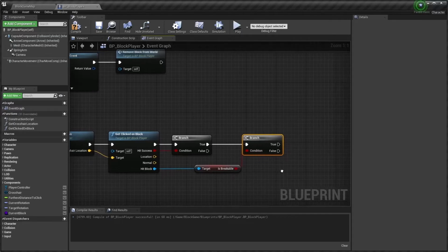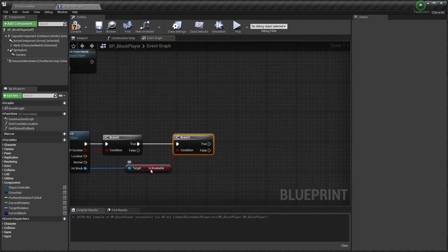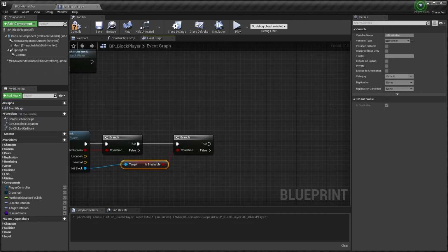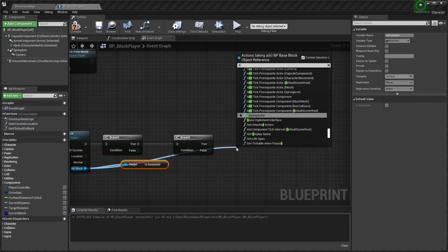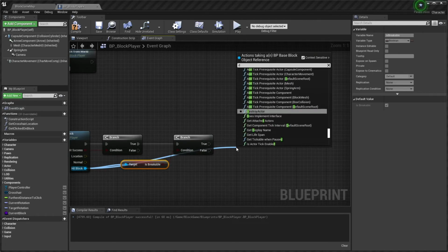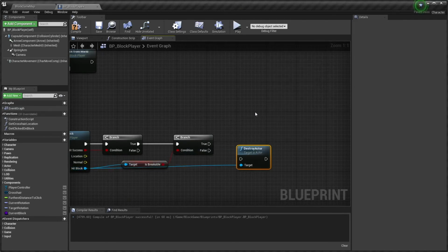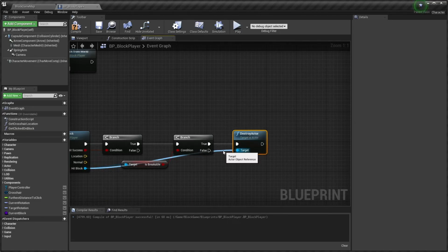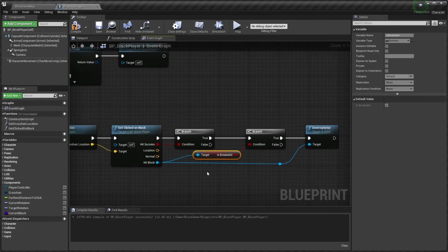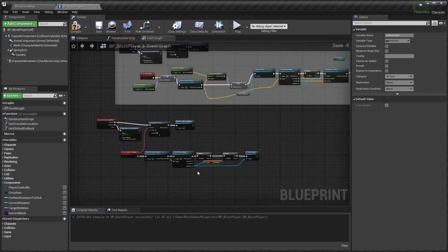And if that's true, or if it is breakable, we'll drag off of the hit block and type in destroy actor. There it is right there. And we'll destroy that block. And I'm going to use a reroute node, double clicking on that wire to neaten that up a little bit. And that's pretty much it for the remove block